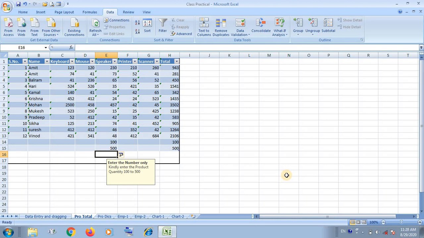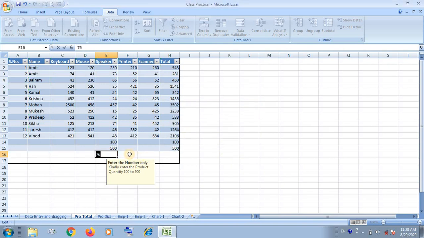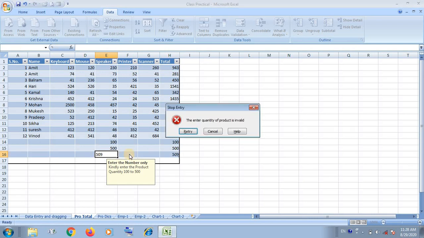And suppose you enter less than 100, it will alert you that the entered quantity of product is invalid. And if you enter more than 500, it will again alert you that the entered quantity of product is invalid, because we have to enter 100 to 500.